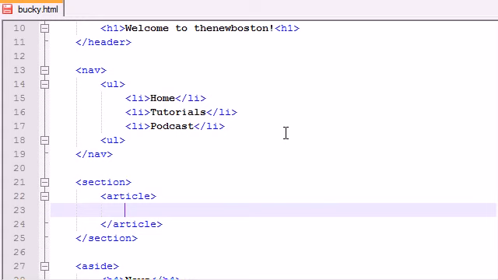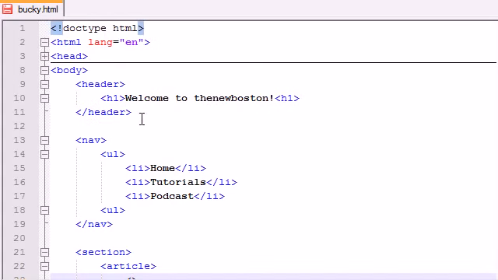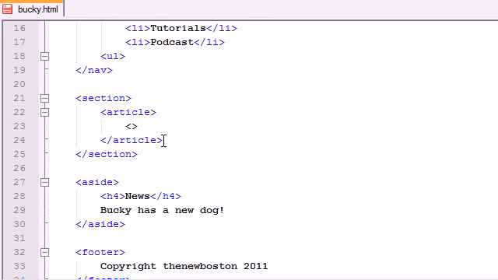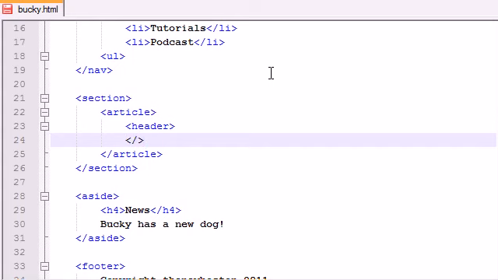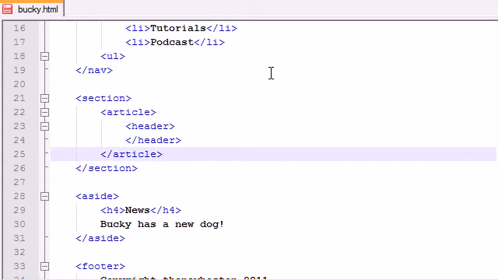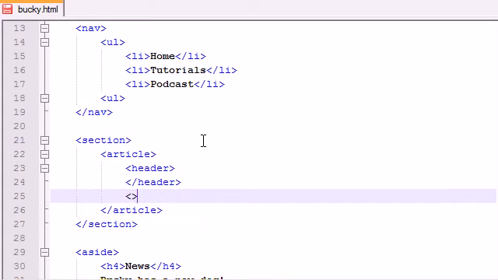So inside an article, here's a cool thing. Each article has its own layout. And by that I mean, you see how our entire body has a header and a footer? Well, these articles also can have headers and footers. So let's go ahead and add a header first. And I might as well go ahead and add a footer while I'm here. Footer,